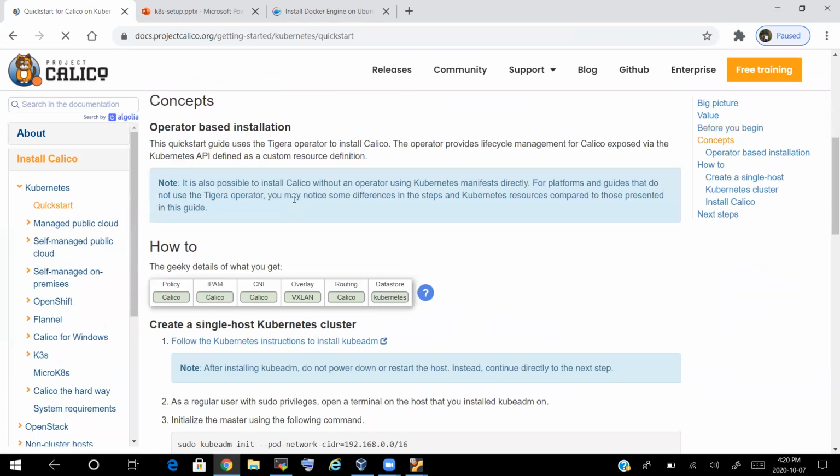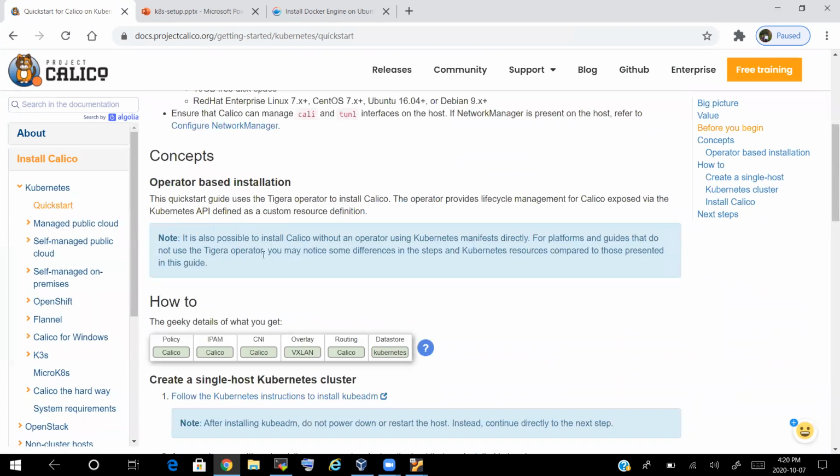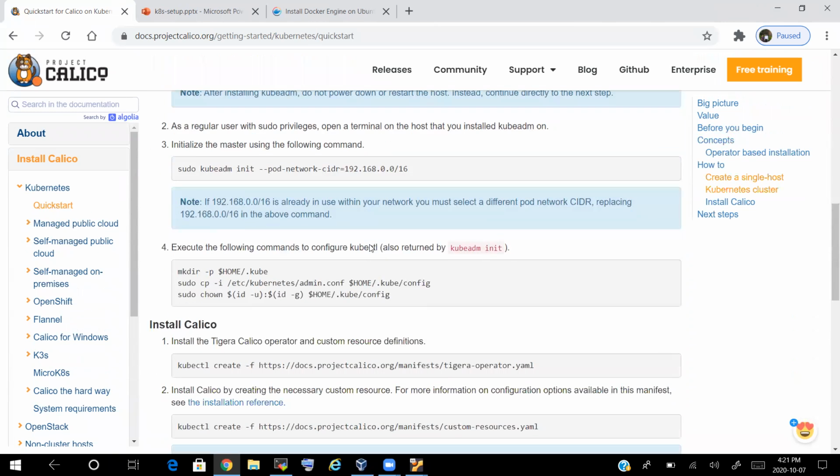If you scroll down, it will also tell the same thing: how many processors need to be there, what should be the size of the disk, which operating system is supported. Everything is the same. And this I'm going to explain in the next video related to Calico. What is this policy? What is this IPAM? What is CNI? What is overlay? What is routing? And what is data source? Okay. So don't get confused right away. Don't think more about this. Just follow the documentation. That's it.